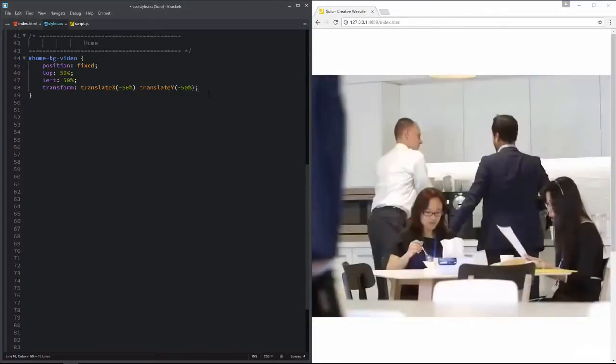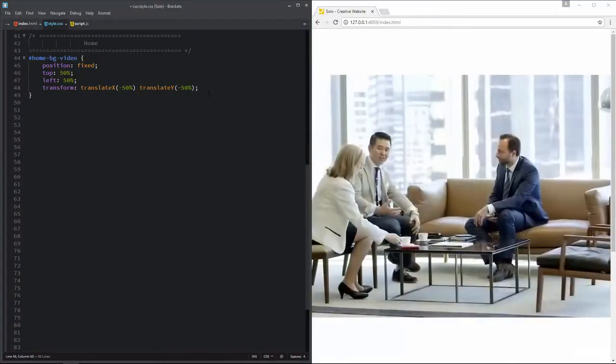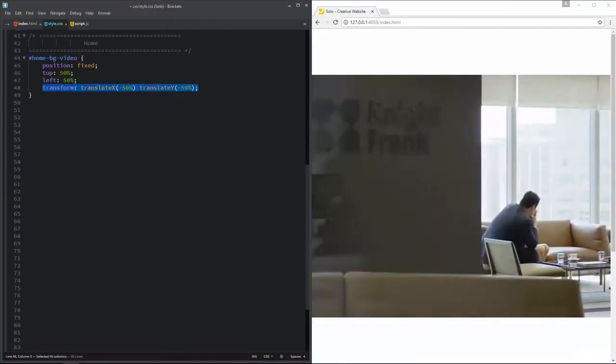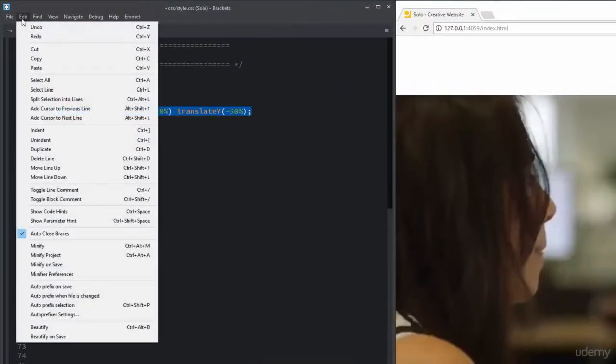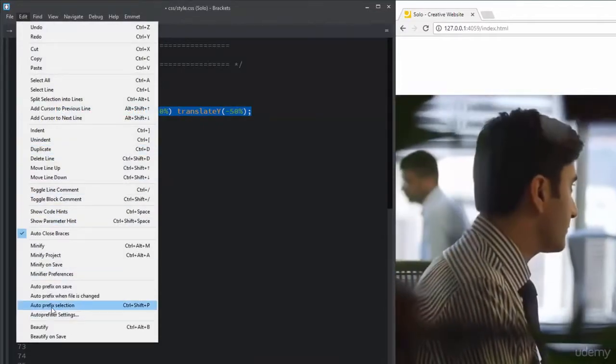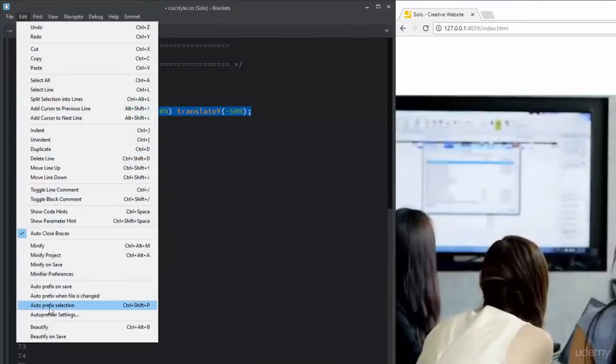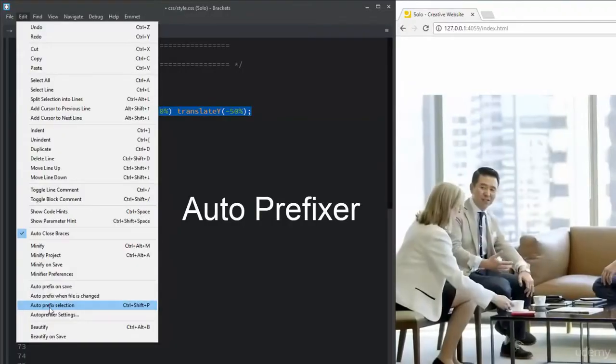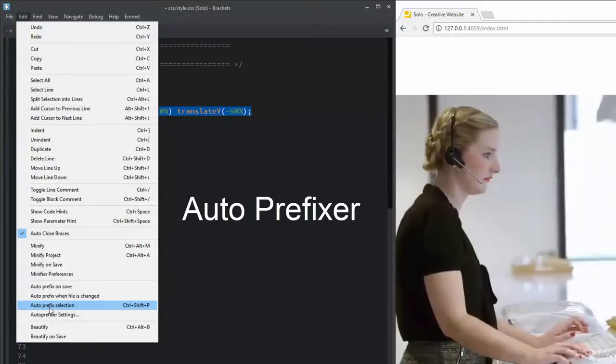Next, I want to make sure that this transform property works in all major browsers. So I'm going to select this transform property, and I'll go straight to edit, and select this auto prefix option. You will see this option only if you have installed the Autoprefixer extension, which I installed in the beginning of this course.